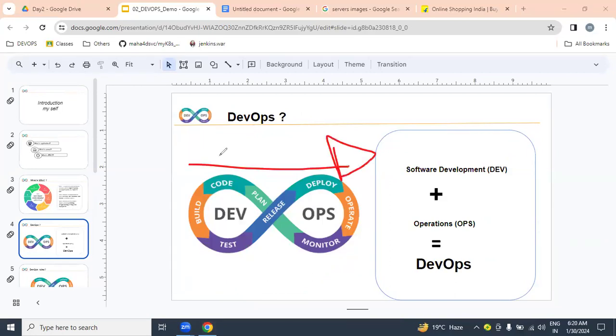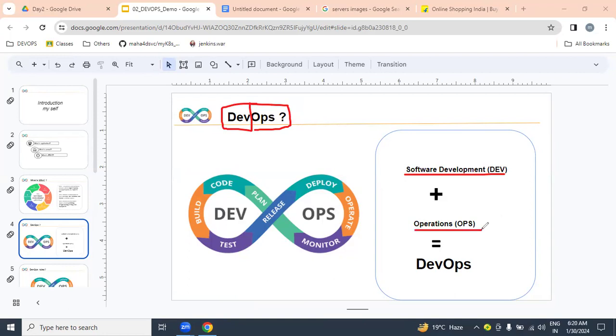First, let us try to understand what is DEV. Software development. What is OPS? Operation. The combination of software development plus operation, we call as DevOps.